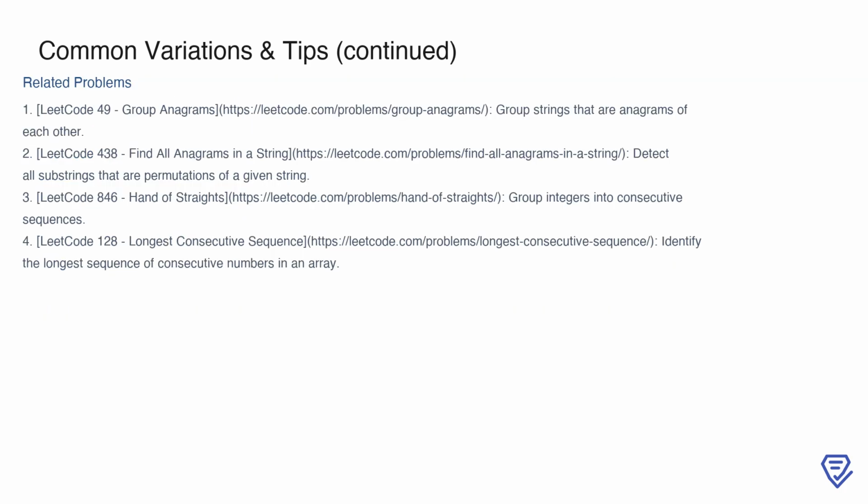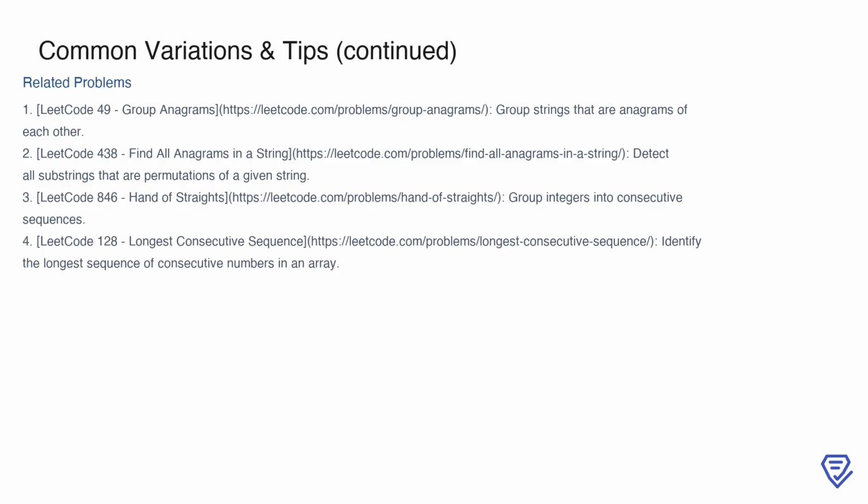Looking at related problems can deepen your understanding and prepare you for variations. For example, LeetCode problem 49, Group Anagrams, challenges you to group strings that are anagrams of each other. Similarly, problem 438, Find All Anagrams in a String, asks you to detect substrings that are permutations of a given string. Then there's problem 846, Hand of Straights, which involves grouping integers into consecutive sequences. Finally, problem 128, Longest Consecutive Sequence, focuses on finding the longest sequence of consecutive numbers in an array. These problems share conceptual similarities with grouping or transformation tasks, so studying them can help you recognize patterns and apply